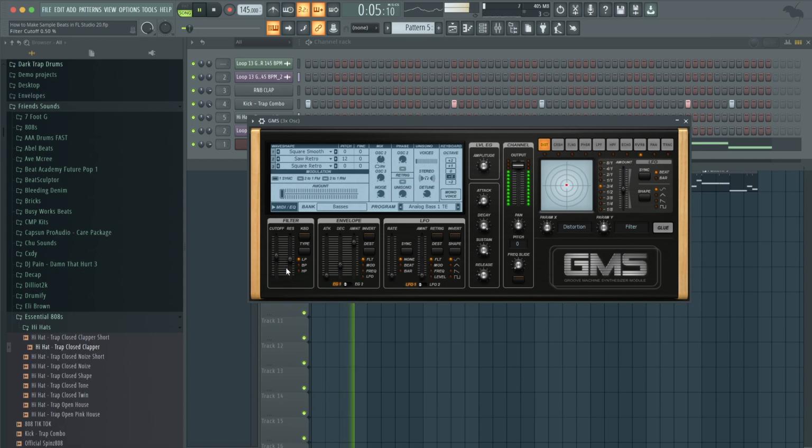So again, I don't want to spend 2 decades on finding the bass sound that you like. The other trick is to turn up your resonance. Get that like pony sound.